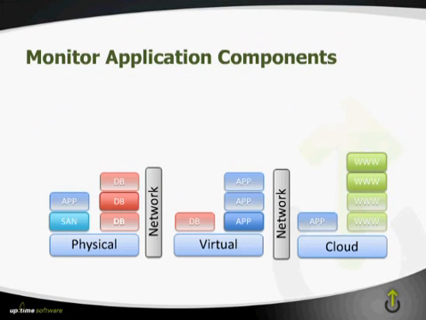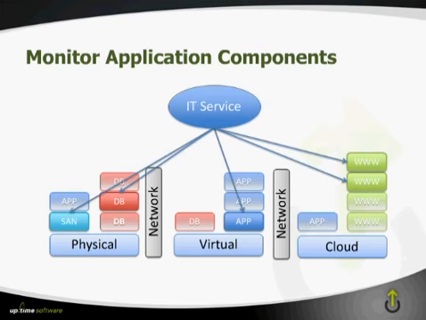And when you take an application and spread it across all of these tiers, it becomes very difficult to really view the overall holistic status of that application. We prefer to refer to this as an IT service. So we worked with Sam to build views that were able to pull the various components of these distributed hybrid applications, and instead of treating them as individual components, treating the entire IT service as something that is up or down. So being able to monitor and look at this from the end user's point of view and show status